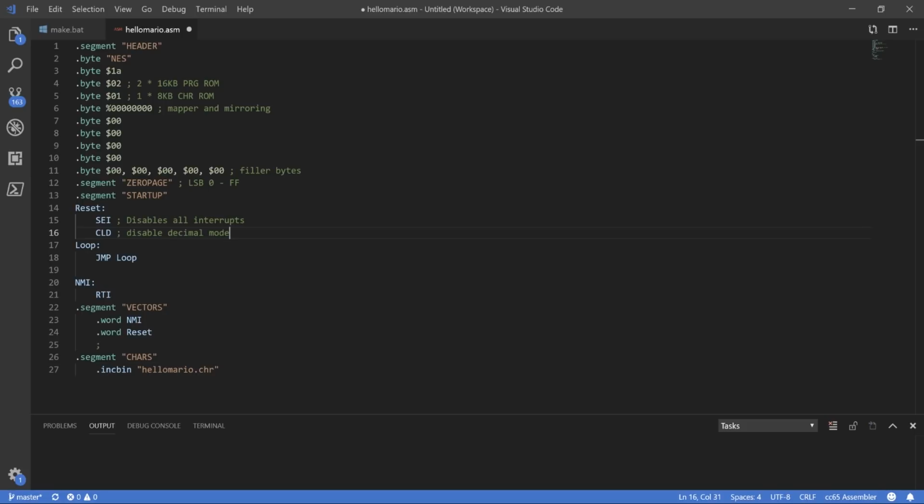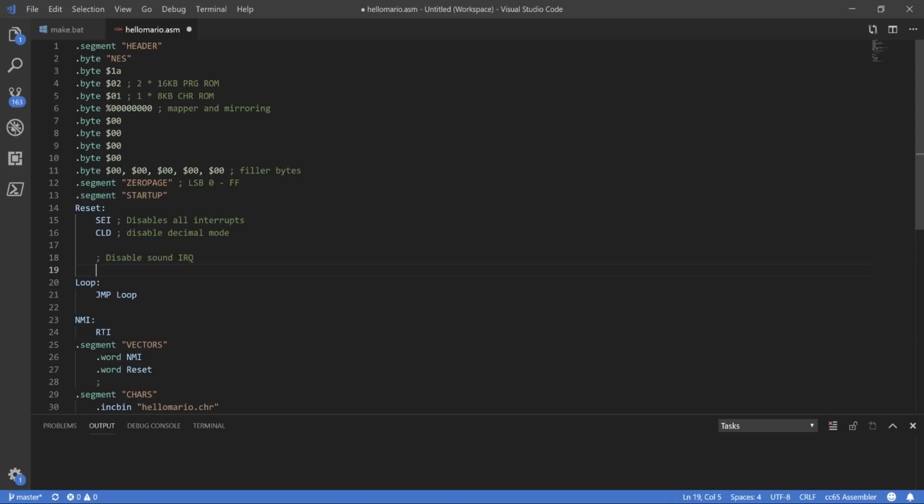The next thing we need to do is disable the sound IRQ or interrupt requests. Now, we're not trying to do anything with sound, so we're going to leave it turned off, but when you start your game, you want to make sure that the sound IRQ isn't enabled so that as you load data into memory, random sounds don't start playing. So all we do is we load the value 40 into the X register, and then we store that into memory address